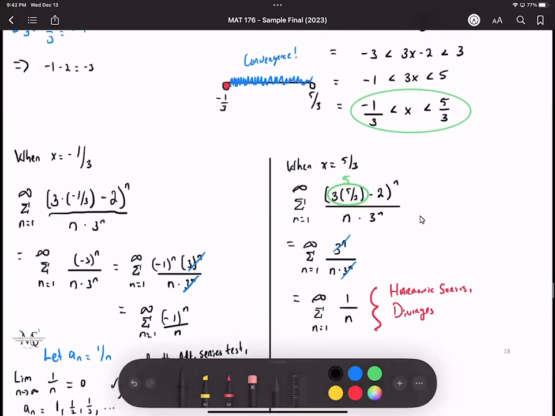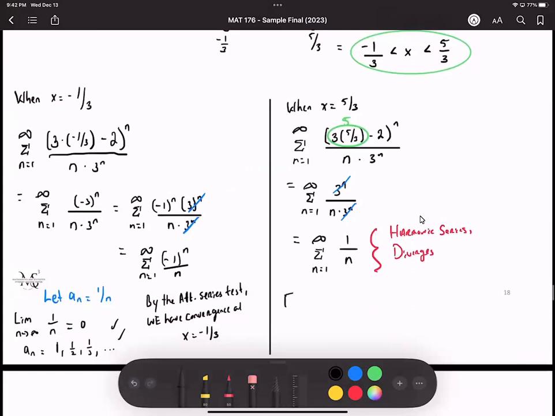We know that the endpoint 5/3 is not included, so your final solution will be in interval notation. We're including the negative 1/3, so I need a square bracket. So negative 1 over 3, comma 5/3, open parentheses. This is excluded, basically. Gotcha. This is your interval of convergence. So the reason it diverges, right? Even though the limit is